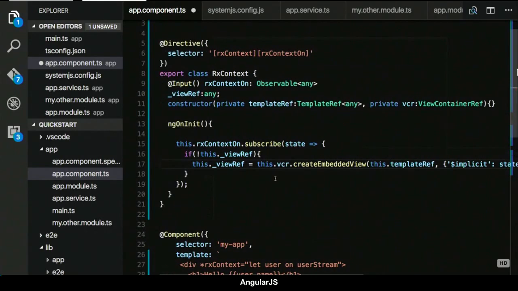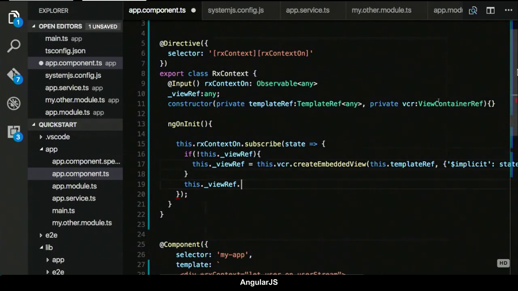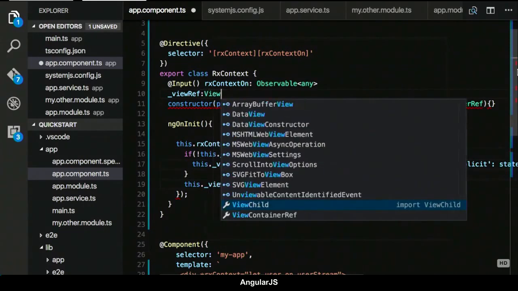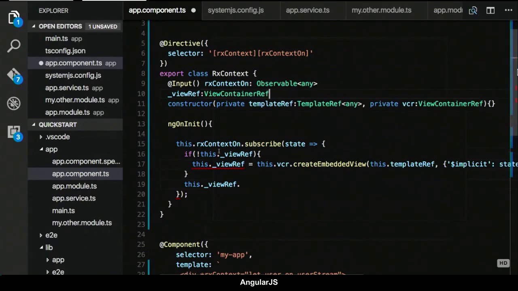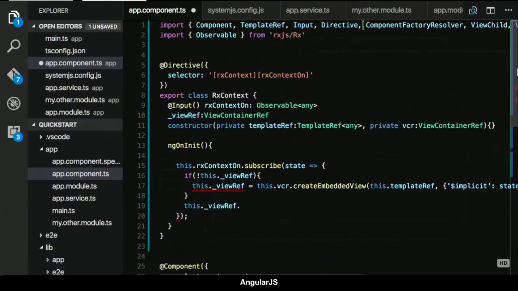So that we only create it once, right? And then we can do this dot view ref dot, I should actually type that so I don't have to remember this. I think it's a view ref. Matthias, do you remember that API offhand? What's the return from a create embedded view? It's an embedded view ref, obviously. Use your TypeScripts. Okay. So we're going to say this dot view ref is an embedded view ref, if any. Yep. This dot view ref dot context dot implicit